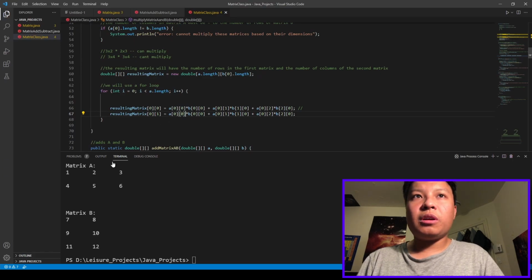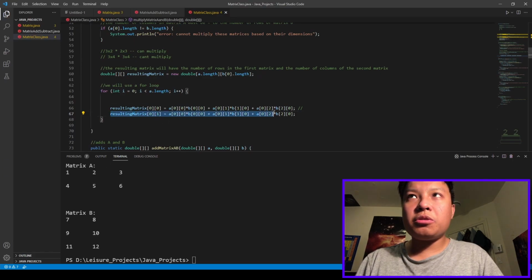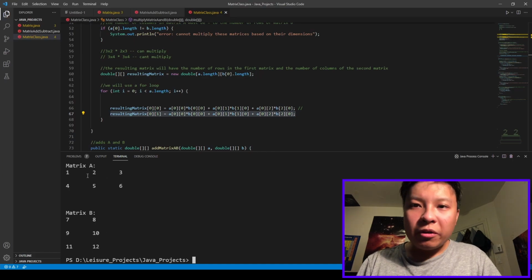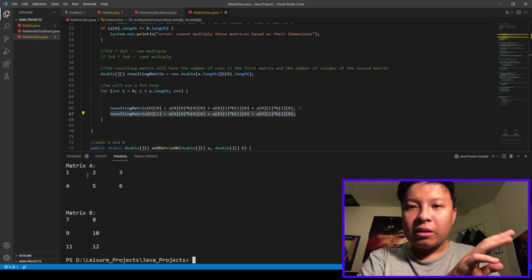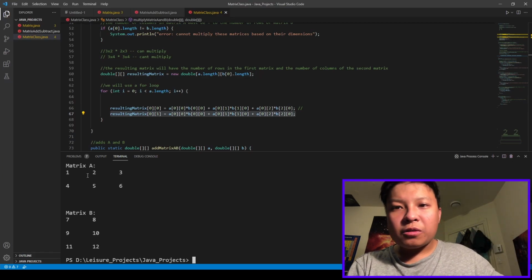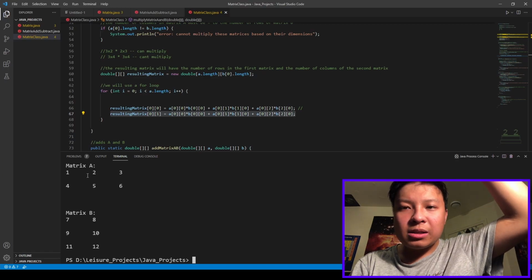In this line here, this is what I didn't do, I'm going to keep the first row, but take the second column. If I want to find the matrix entry for the first row, but at the second column,